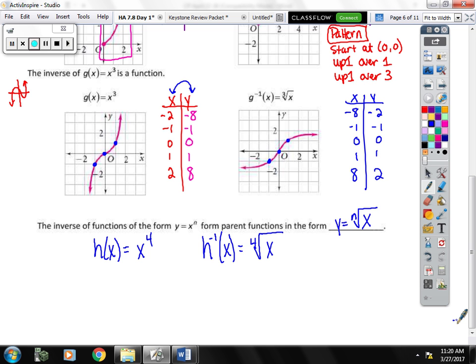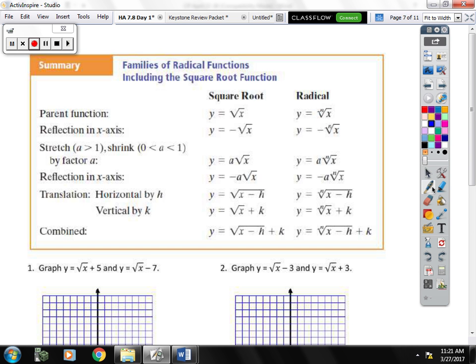So we're going to practice graphing using some translations, shifting left, right, up, down, and also look at some vertical and horizontal stretches and shrinks. All of this stuff is pretty much the same as what we learned in chapter 5. So you have your parent function y equals the square root of x, and we know that that kind of looks like a starting point that jets off into the positive. If you see a negative in front, remember that's a reflection downward across the x-axis, which means the graph would